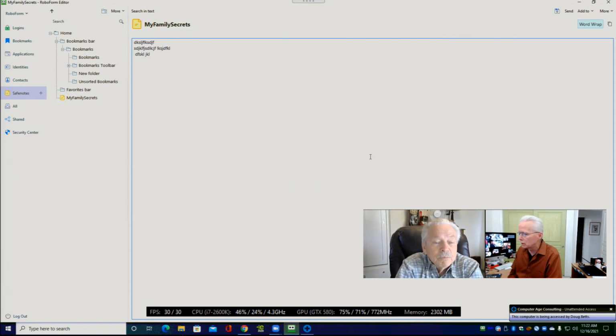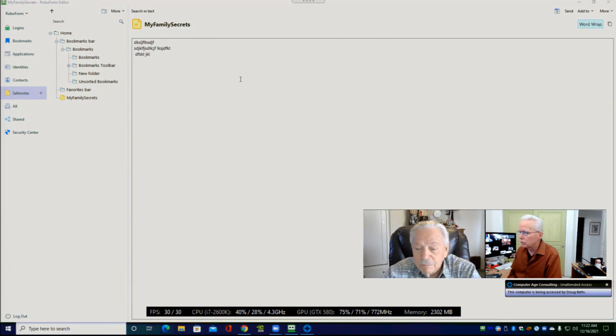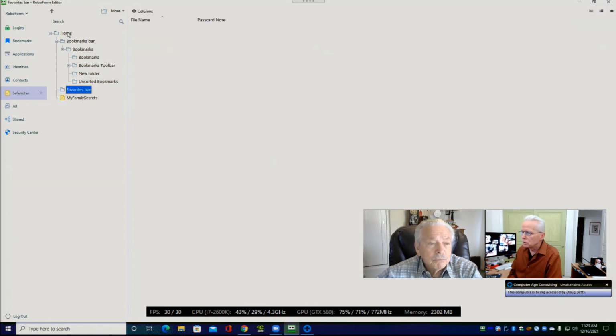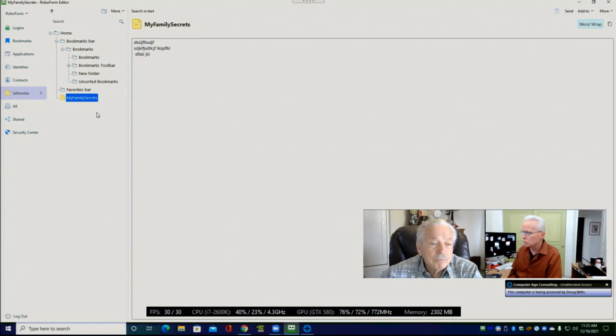And that should add an item here, and you can just put all kinds of information in here that you want to keep secure and private, and this would be a place for you to store secure and private stuff. So now we see in this tree type of directory here's this one that we just added called Family Secrets. In order to even get into this area, you had to put in your master password. So this content is not available until somebody puts in the master password. It's just a place for you to keep whatever you might want to keep digitally safe.